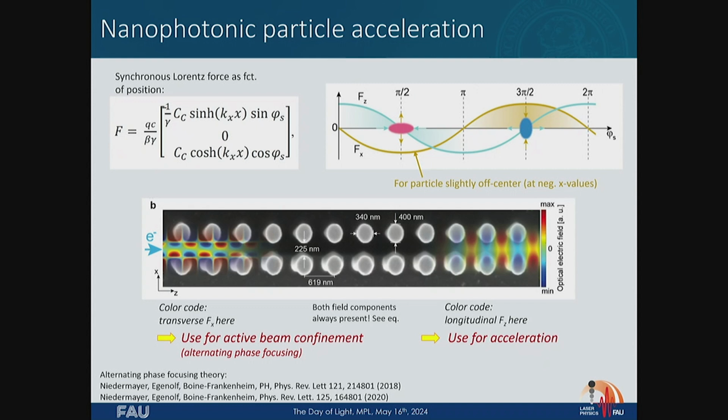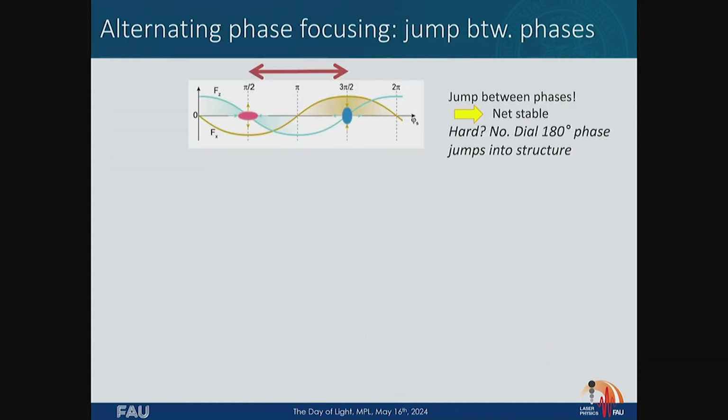What do? Well, you just toggle between these two positions. This is what people in accelerator physics have known since Courant and Snyder. Maybe you've heard of Courant-Snyder physics. You can show that you can have a stable beam when you make the electrons experience these forces for a certain time, and slightly later these forces for a certain time, and then you always hop between here and here. And this gives you stable beam confinement, both longitudinally and transversely.